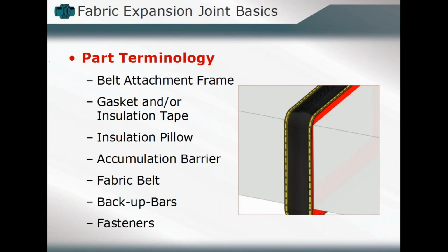expansion joint. And so as we continue, what we'll talk about and expound a little bit are some of the different terms and phrases that we'll be seeing. The first we've kind of mentioned a little bit, that fabric belt. That's essentially the heart, the main component to be dealt with. And the other elements of that design and that overall configuration will then flow as a result of our particular application. How are we attaching that component to both our ductwork or our piping system and the flange itself. Oh, I'm sorry, the flange to the